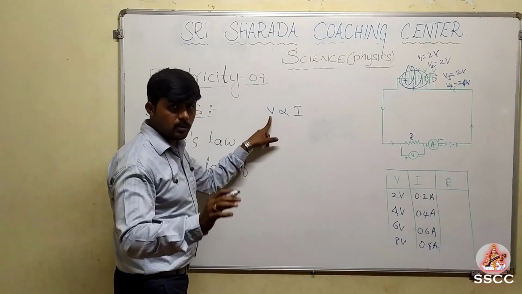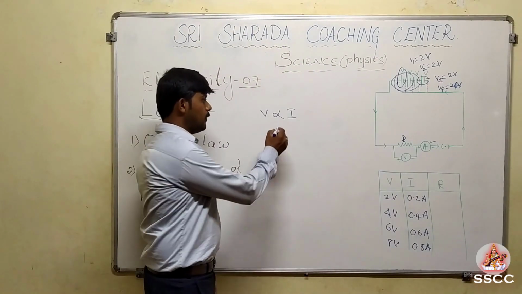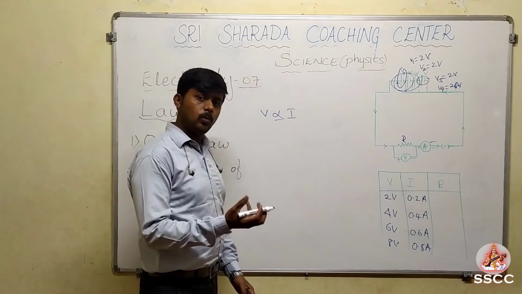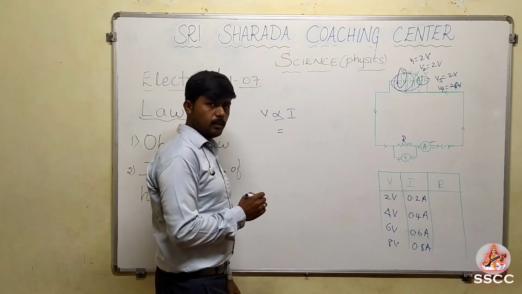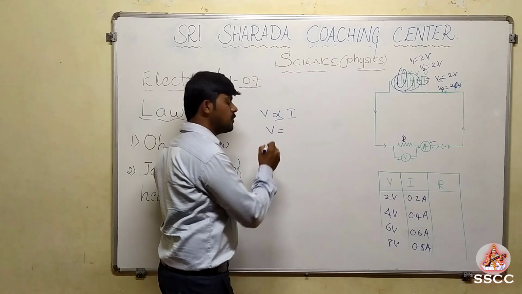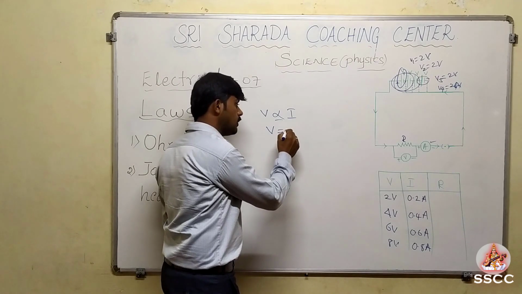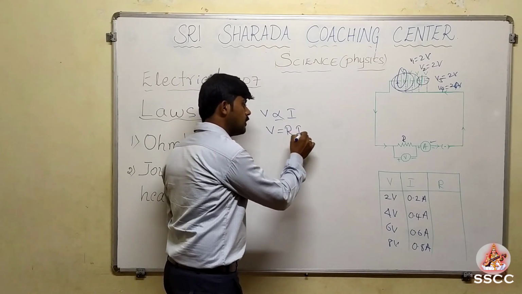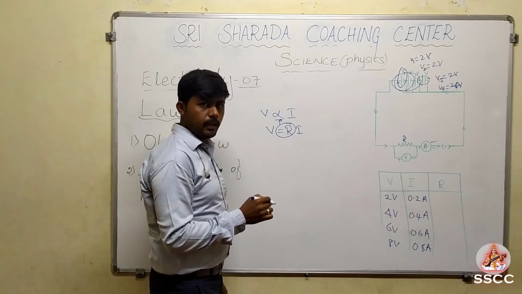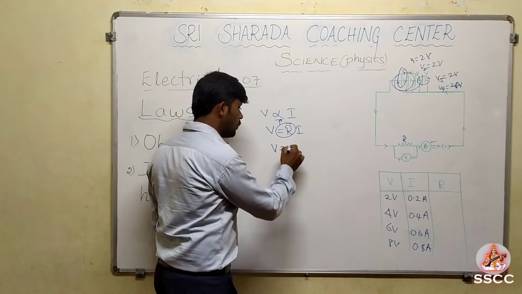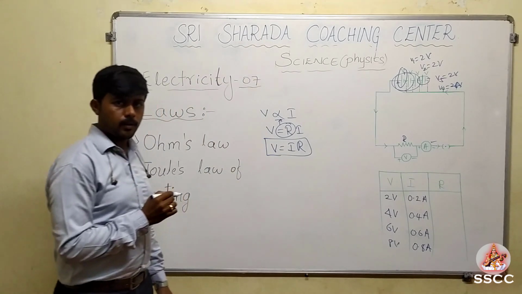The potential difference across the ends of the conductor is directly proportional to electric current. Here we have to remove this proportional sign. How to remove that proportional sign? By writing an equal sign with a constant. Here V you can write as it is in the LHS, and you are removing this proportional sign by writing equal with the constant. That constant is R here and I as it is. See here, this equals and R replace the proportional sign, and here you can write V equals IR. This is the final form of Ohm's law.